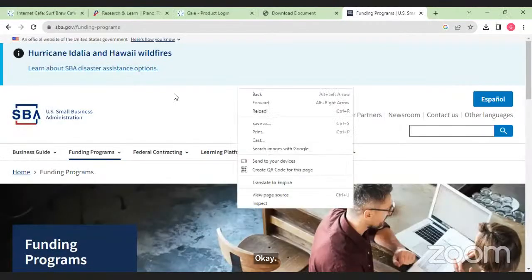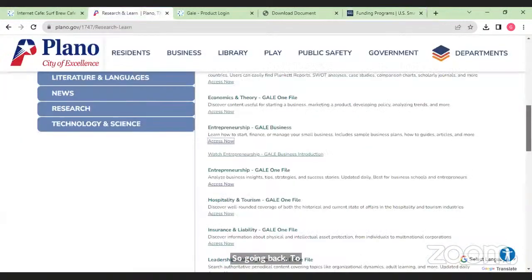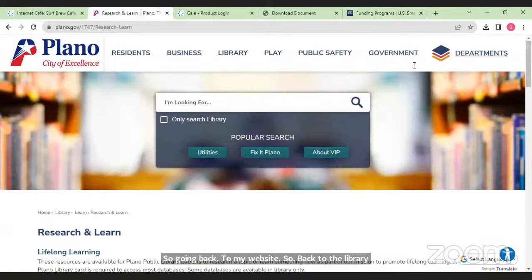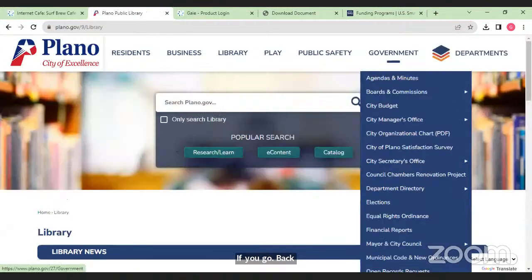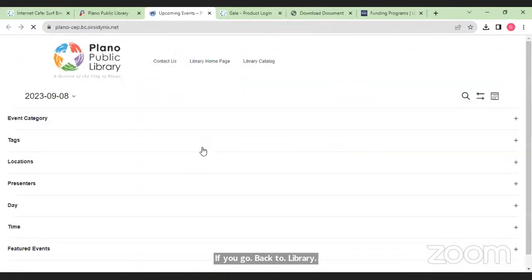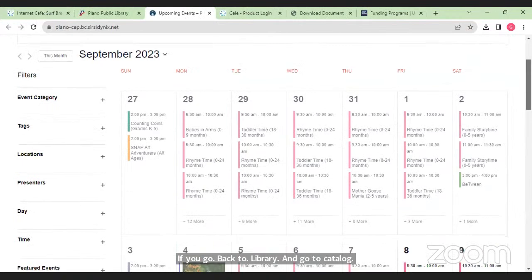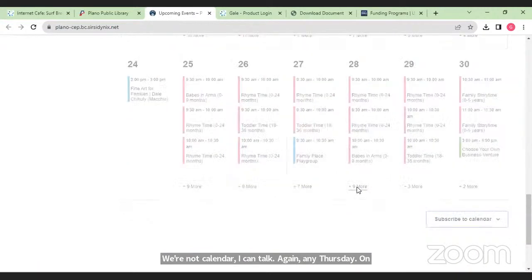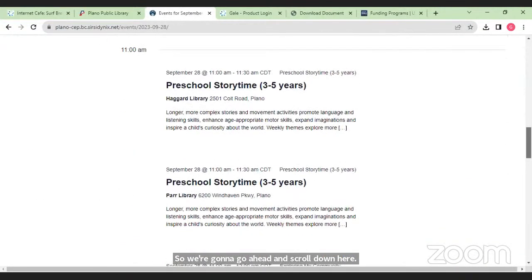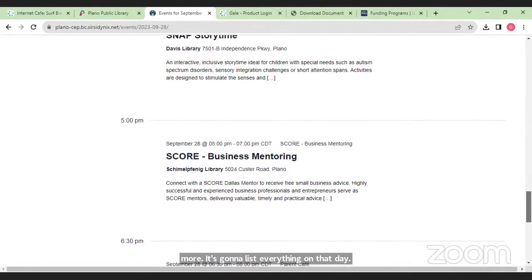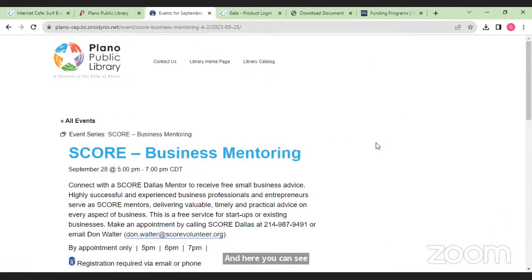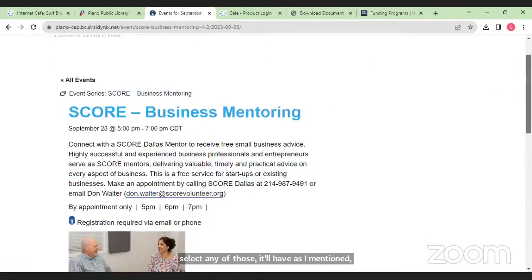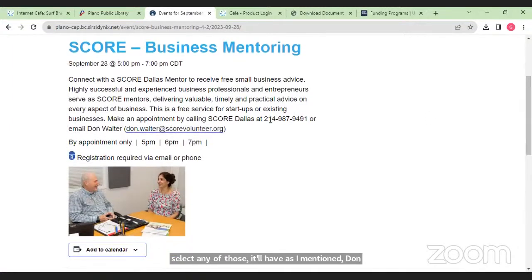So going back to the library website, if you go to calendar, again, any Thursday on this calendar that's current. So we're going to go ahead and scroll down here, select 9 more. It's going to list everything on that day. And here you can see SCORE Business Mentoring. If you select any of those, it'll have, as I mentioned, Don Walter's information. So you can make an appointment by calling at this number, 214-987-9491, or simply emailing Don Walter at